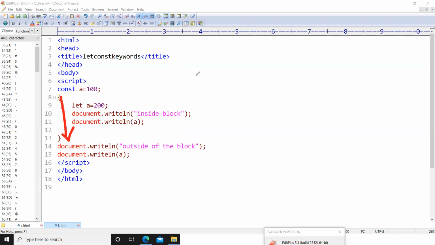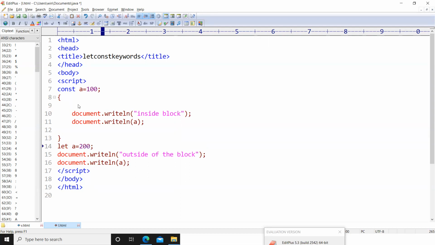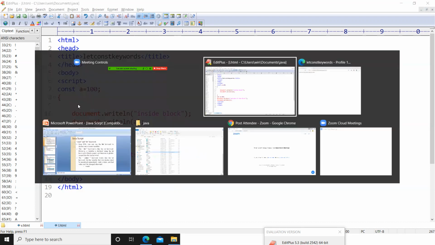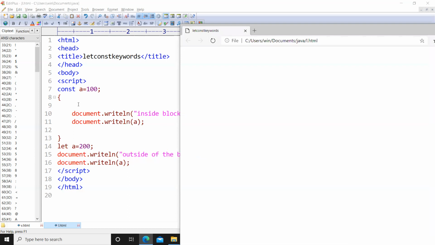And if we try to change the value of A outside the block, for example, let us use the let keyword, delete the statement there, and use the statement here and make a refresh, and please observe what will happen to the output of the program.